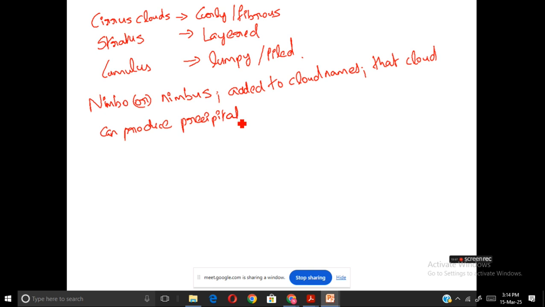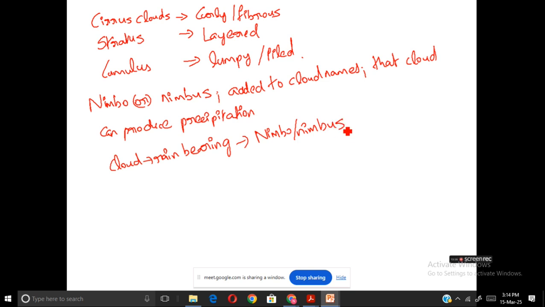So basically, if a cloud is rain bearing, generally rain bearing clouds will have a prefix of nimbo or